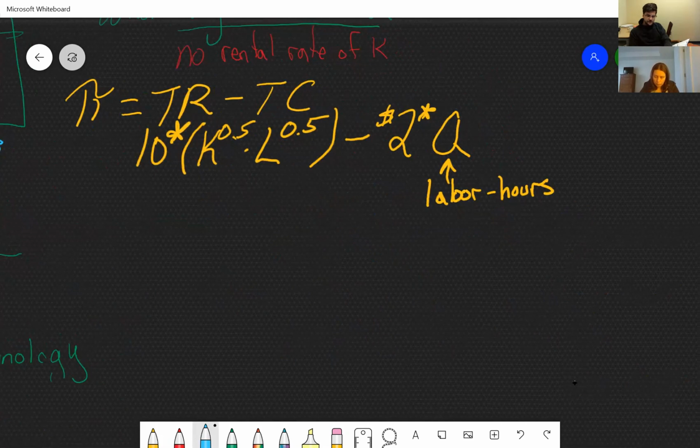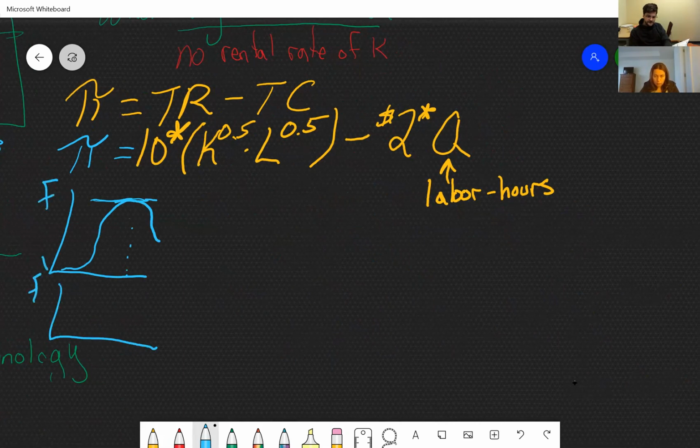And so, again, I was talking about how in economics there's usually some kind of function, there's some maximum, right? We want to find out where is that point. Well, the easiest way to find that point, if this is the function and this is the derivative, if we take the derivative, we find that the derivative crosses 0 right at that point where there's the maximum. And so if we're going to try to find the maximum of this profit function, and we know that it's some weird quadratic thing like this, the way to do it, instead of having to plot it out